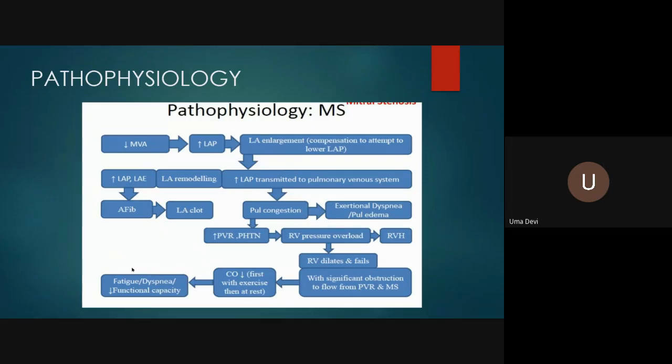In mitral stenosis, not only is there pulmonary hypertension as I told you, but even in the alveoli there is alveolar edema, interstitial alveolar edema. When that is there for a prolonged period of time, it leads on to fibrosis. So the lung capacity itself decreases after a certain stage.